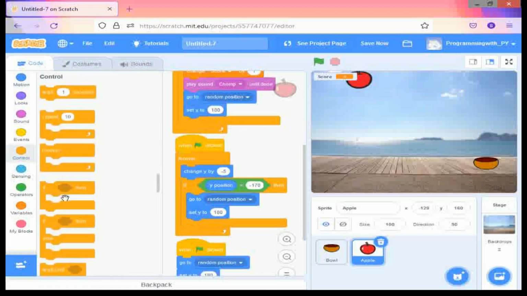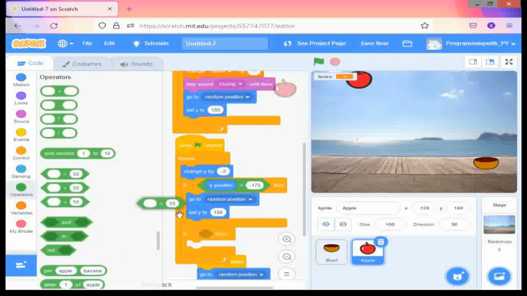Now to make it a bit hard, you can do this, go to control and take this if then and paste it here inside the forever, and go to operators, take this greater than 50 and change it into 10, or you can change it into 20, like 20.